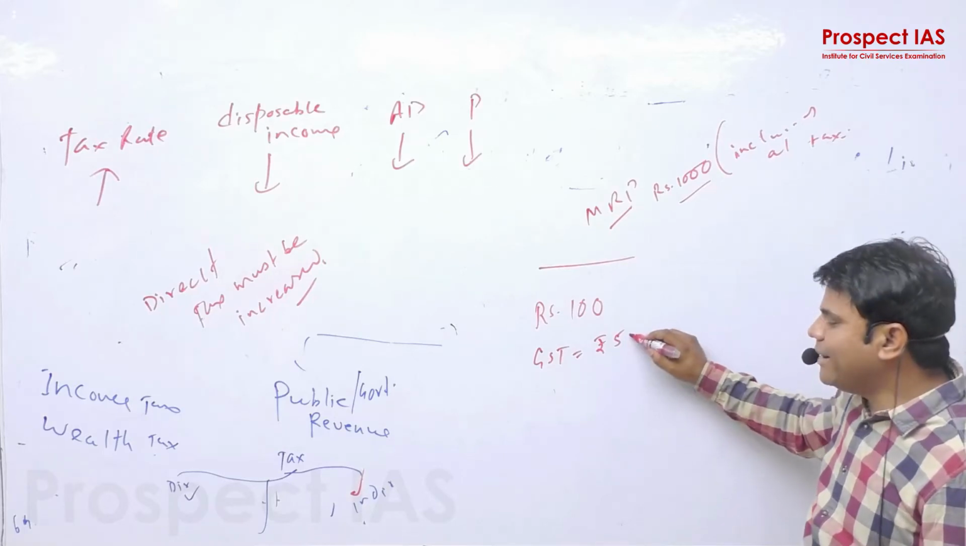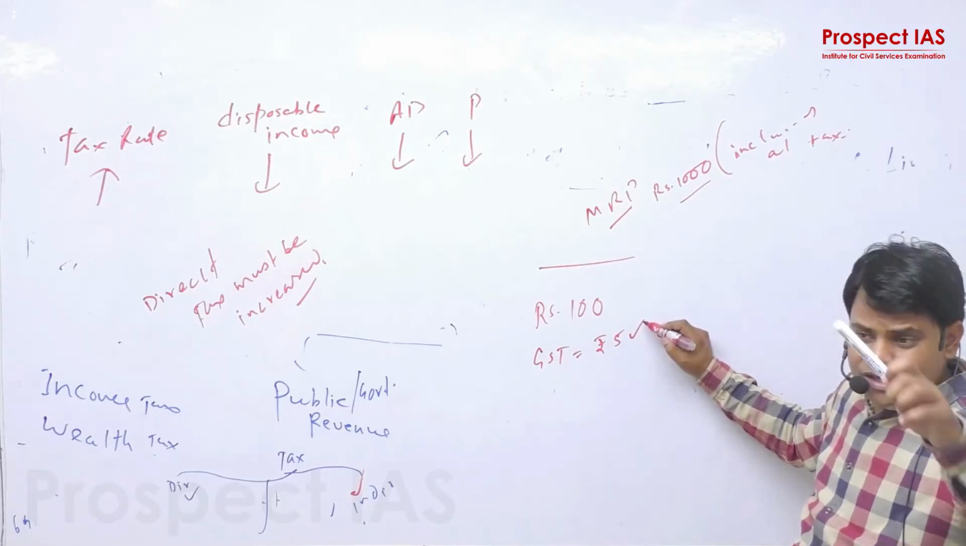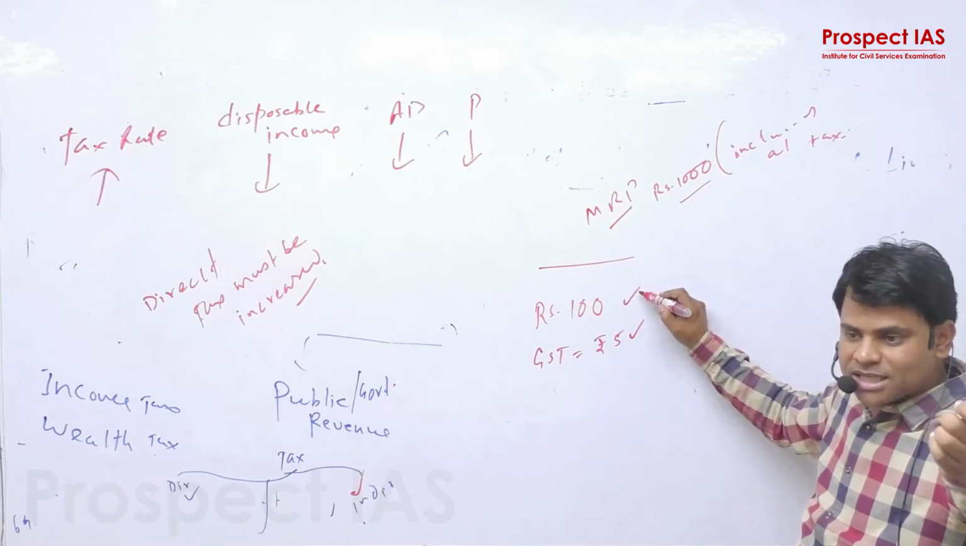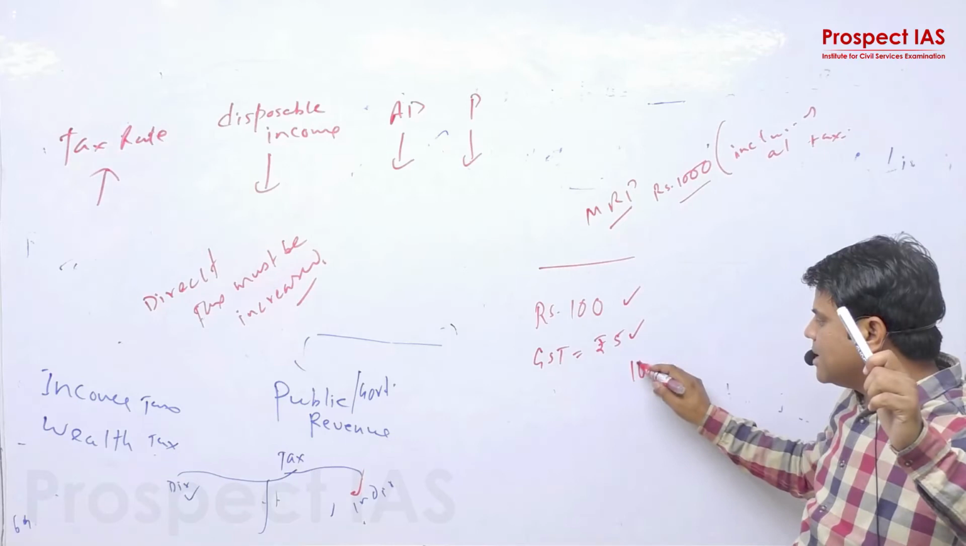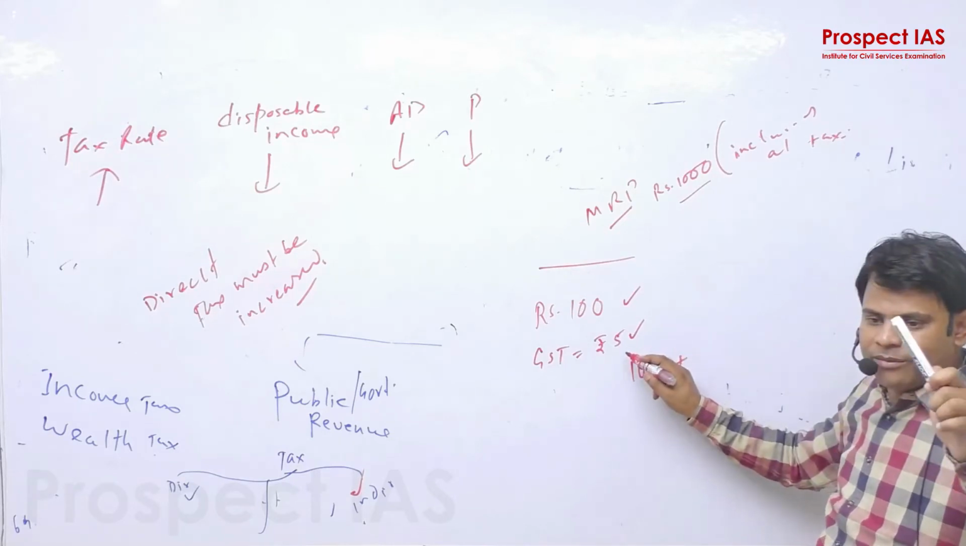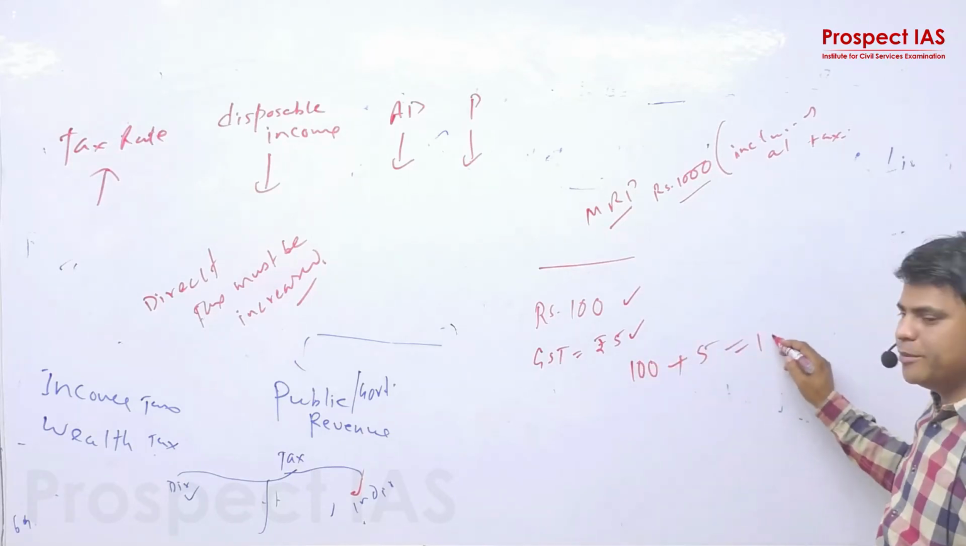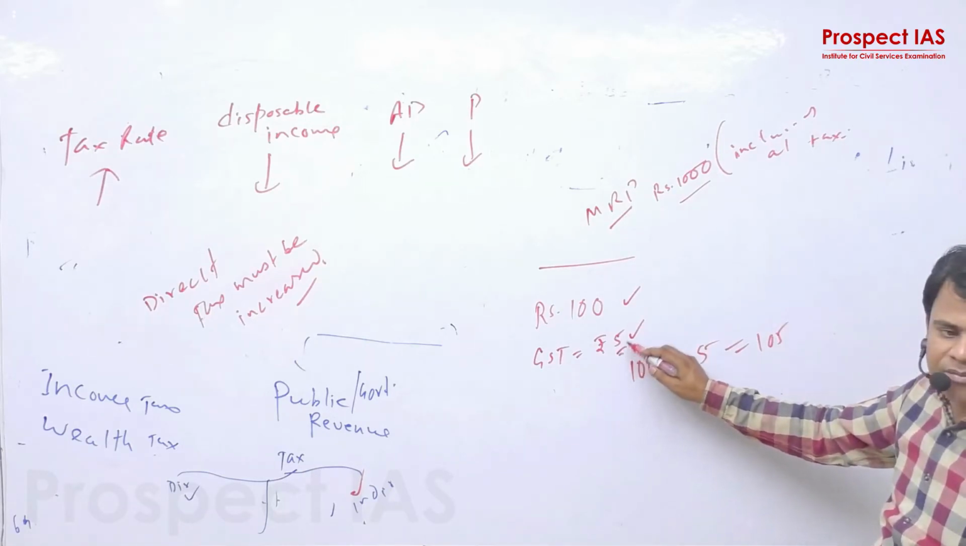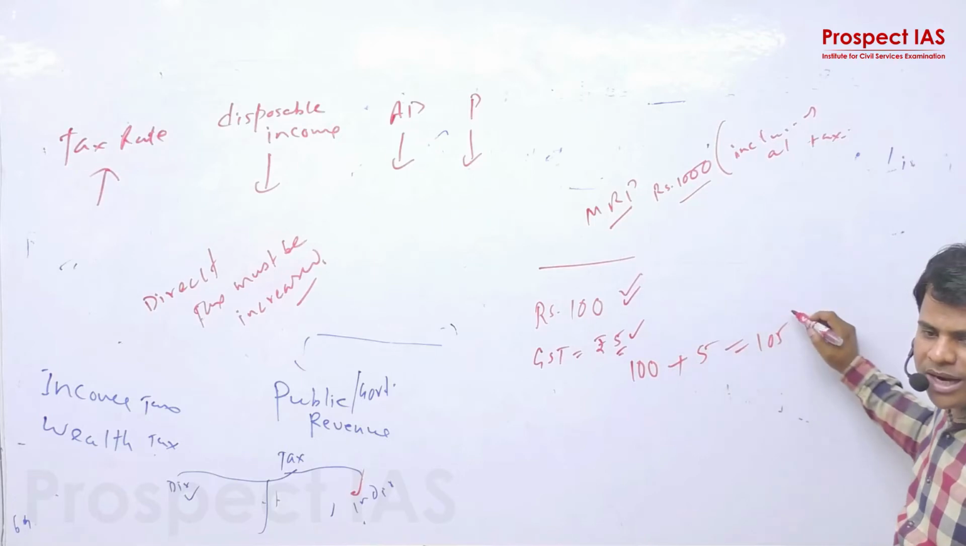I will shift the entire burden of GST on buyers of this commodity, isn't it? So instead of charging 100 rupees as I was charging previously, now I will start charging 100 and this 5 rupees GST, 105 rupees, isn't it? You can see that due to inclusion of GST, the price of this commodity has increased from 100 rupees to